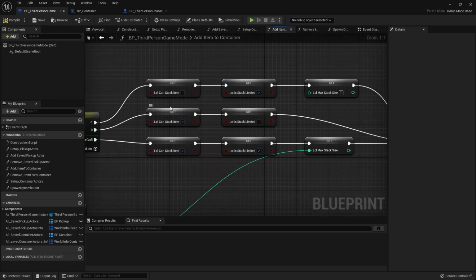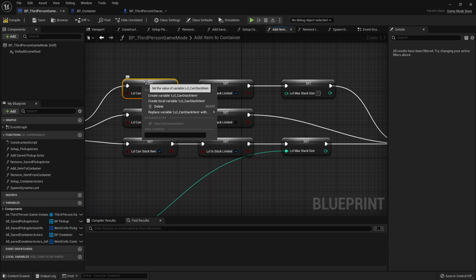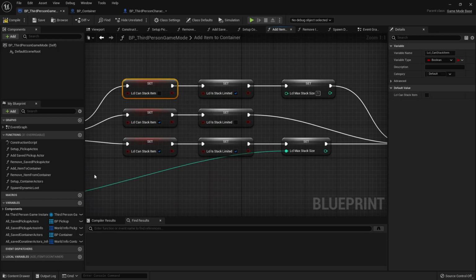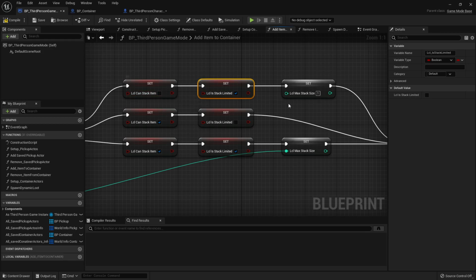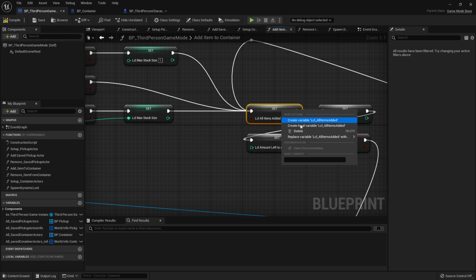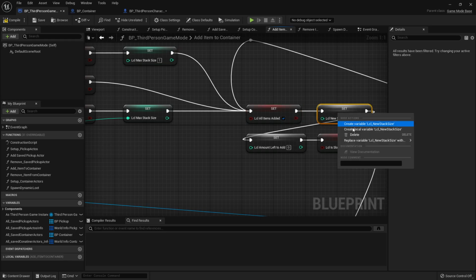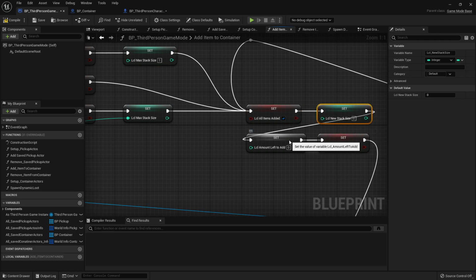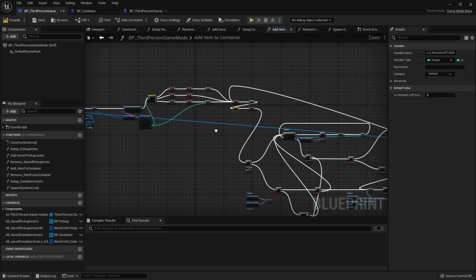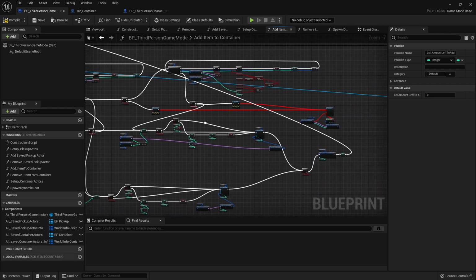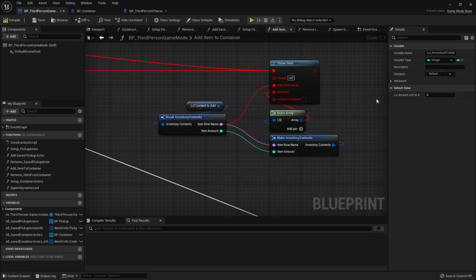Then we want to make sure that we grab these local variables and create them. So if you right click, you can create local variable and it will create it for you. So we're going to do it for the limited stack size, for the can stack item, for the maximum stack size, and then we also have all items added, new stack size, and amount left to add. So we should have all of our variables in place right now,